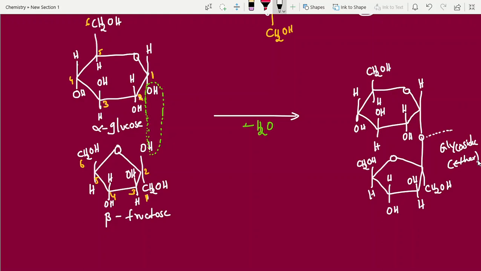So the next disaccharides are lactose and maltose. In lactose, we are using one beta galactose and beta glucose. In maltose, we are using 2 glucose units only. Everyone try it. I am giving one hint: 1,4 linkage of glucose in maltose, and for galactose and glucose, some slight changes are there. I am going to do these two disaccharides in the upcoming videos.